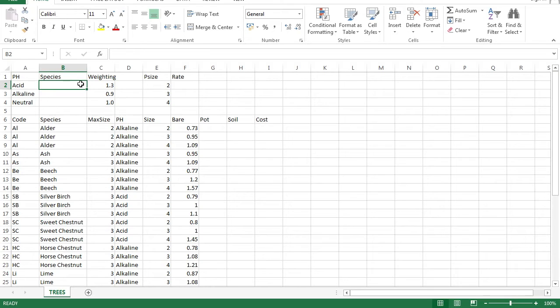That's why it's called COUNTIF. Alright? So in this instance, it wants to count how many times acid appears here, how many times alkaline appears here, and how many times neutral appears here. So here we're going to start using the function. So equals to